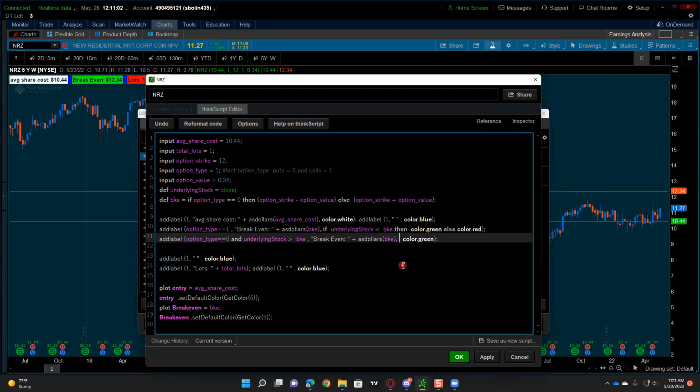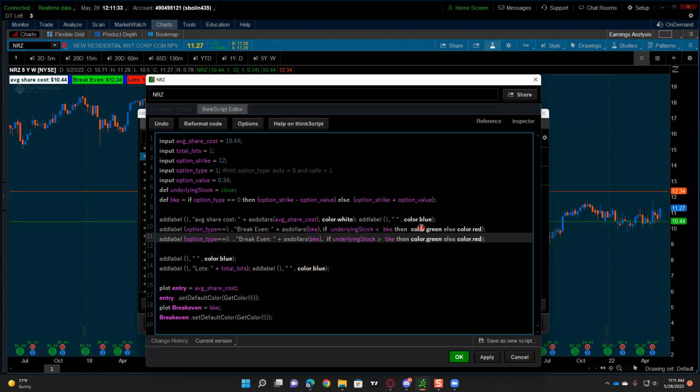And on the other one, if the underlying stock like that. All right, so this way, if it's a call and the underlying stock is less than the break